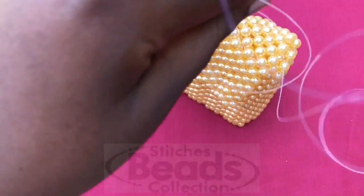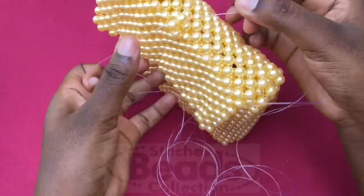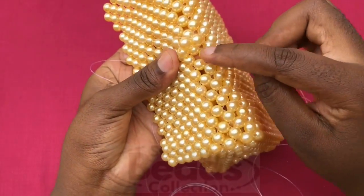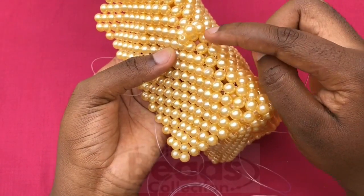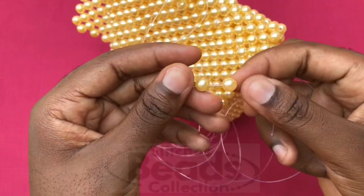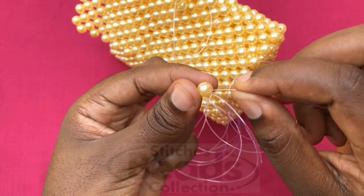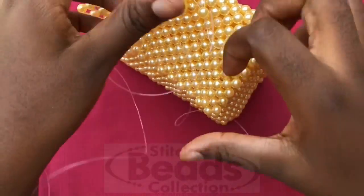You pull it out. Still make sure you have the ends of the fish line, so one side won't be longer than the other. Then with the right fish line, you go through the 8th bead, but rather the 7th bead. So the other side, you go through the next bead, and then you fix 2 beads on the left fish line. Cross with the 2nd bead using the right fish line. You pull it out,